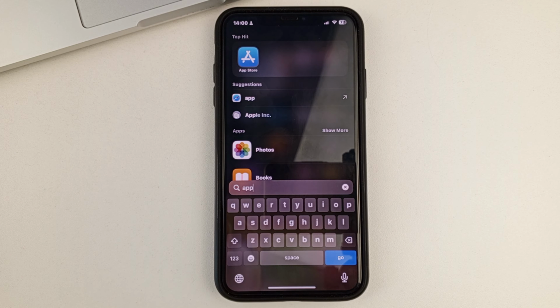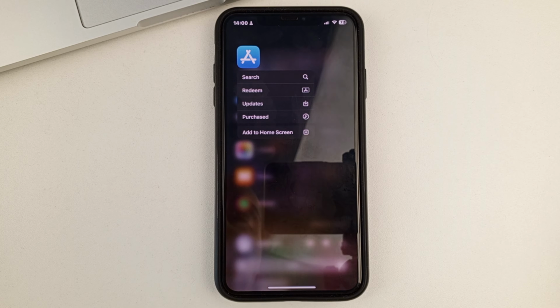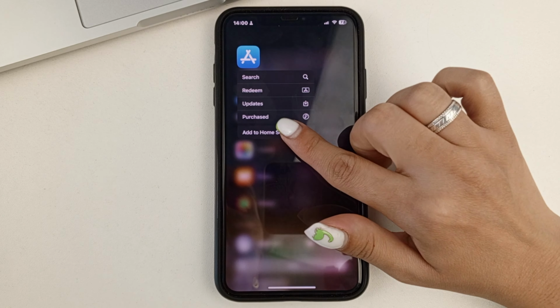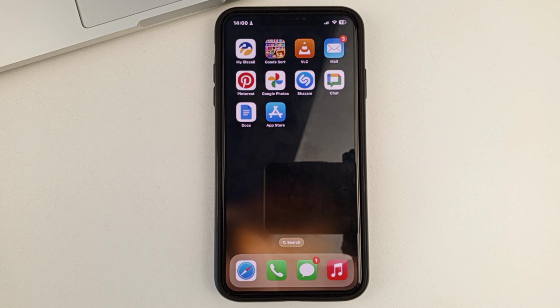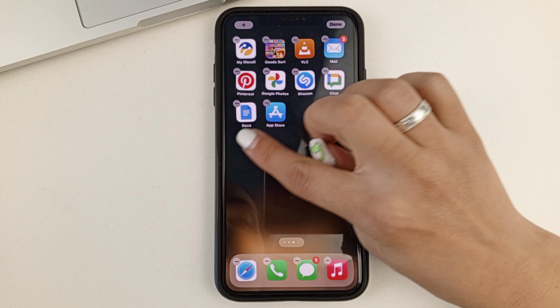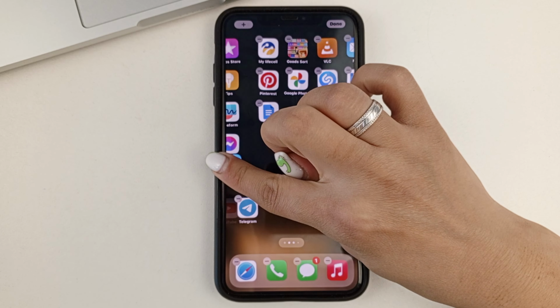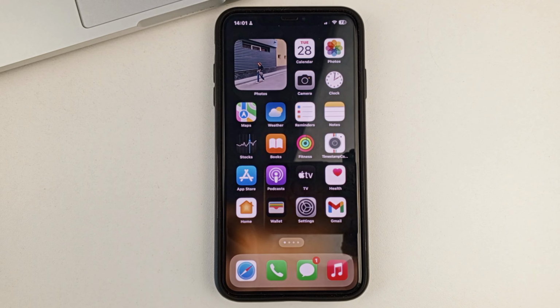You will also be able to bring this program to the home screen. To do that, you have to press and hold. And then select Add to Home Screen. And as you can see, immediately the program was added to the home screen. And now you can also move it if you tap on it, hold it down, and select this function, thanks to which you will be able to move this program to where it is convenient for you, for example. Then click Done. And thus the App Store will be on your home screen.